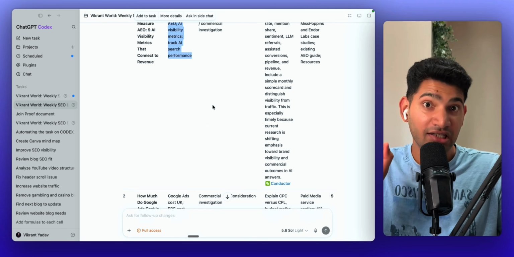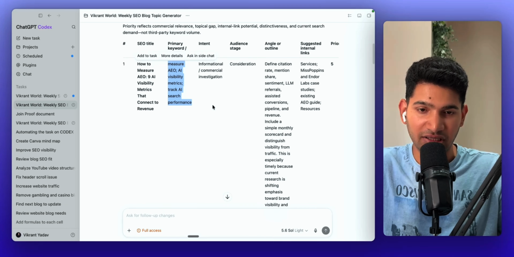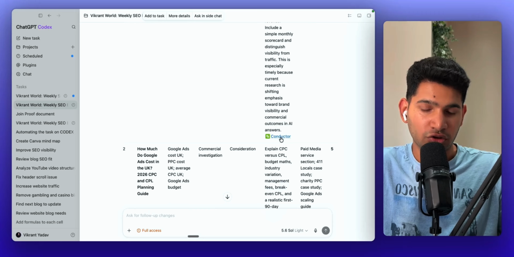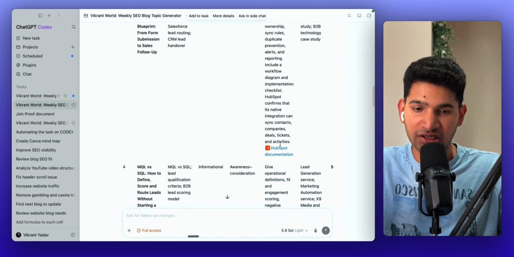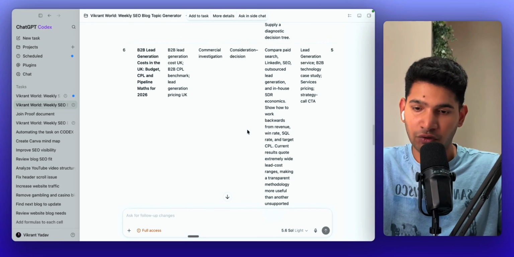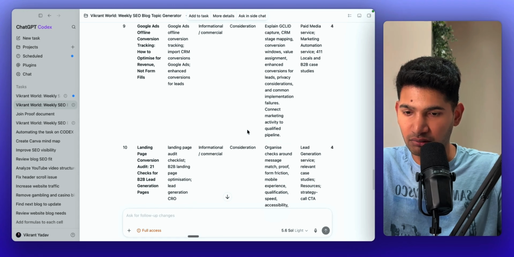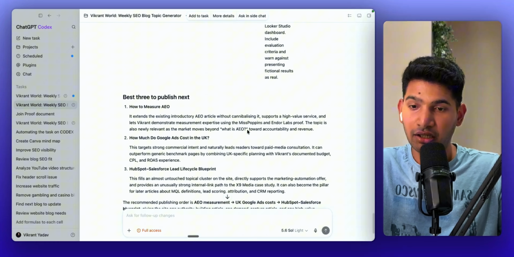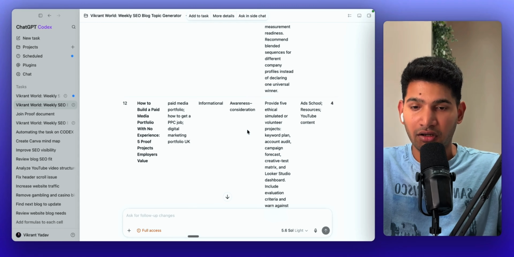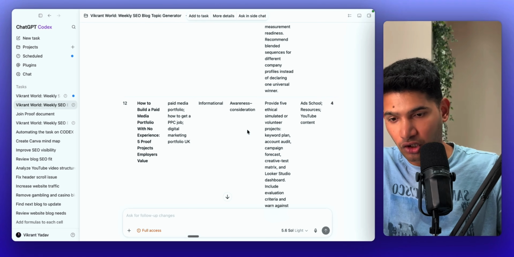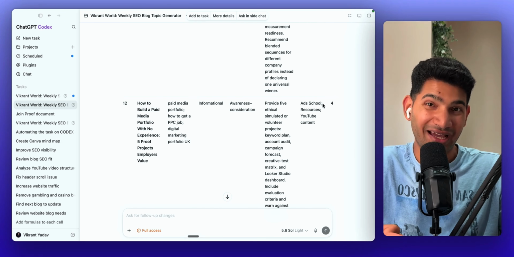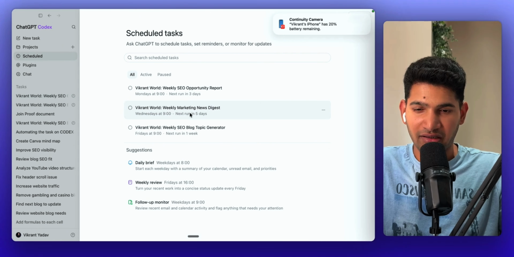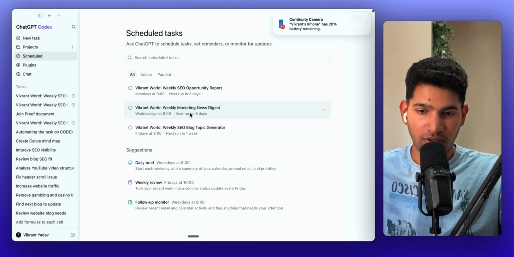The thing which I like about this entire automation is the source and the outline, or you can say the angle. So I think I've got around 10 or more than that, 12 articles which I can publish as a blog or any sort of content piece. It has given some idea that I can do this on ad school as well. Now if I run this as well, I'll get the entire news from last 7 days.